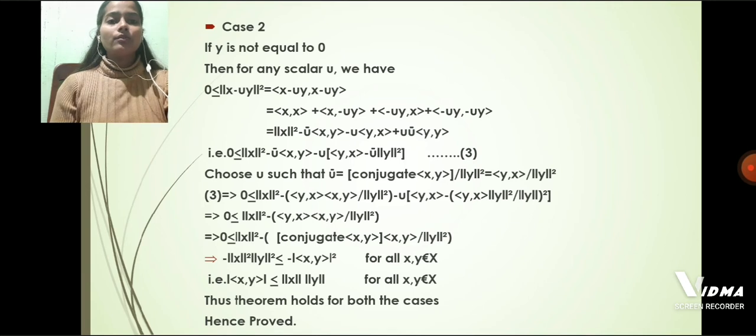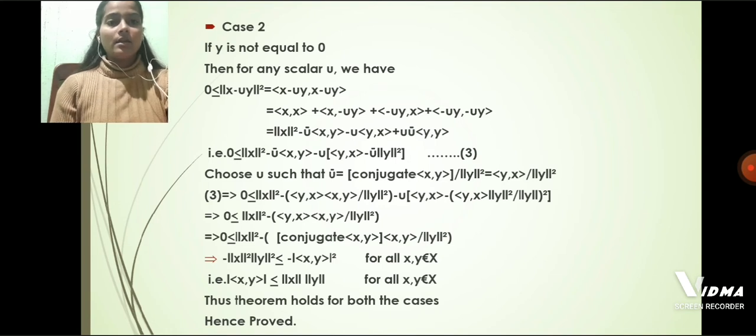Now we will choose u such that u conjugate is equal to conjugate of inner product of xy by norm of y square. We know by the second property of the inner product space, conjugate of xy inner product can be written as inner product of y and x. So we obtain the value of u conjugate as inner product of yx by norm of y square. Now we will put this value